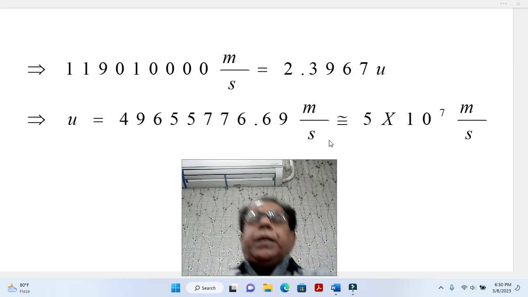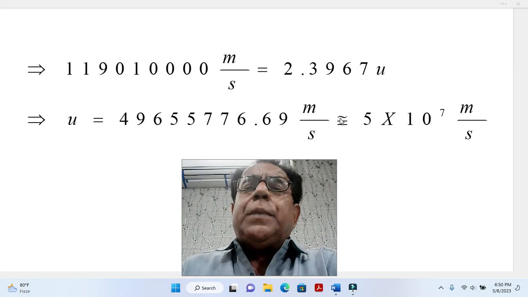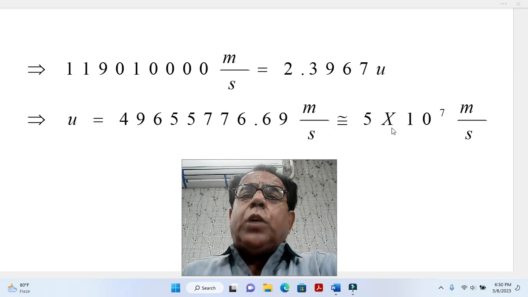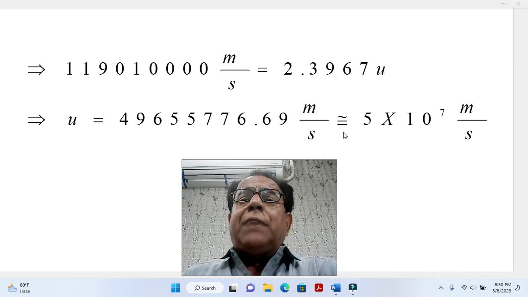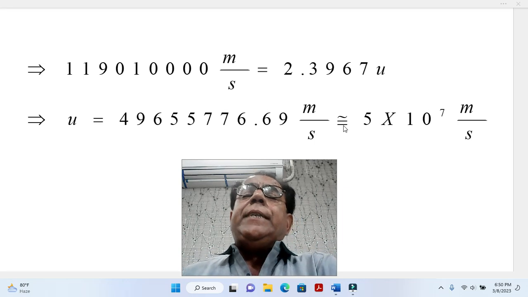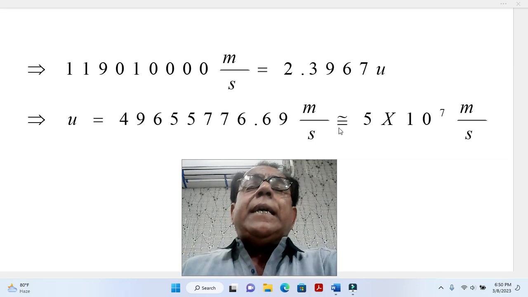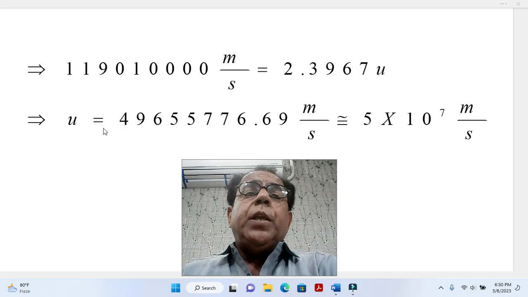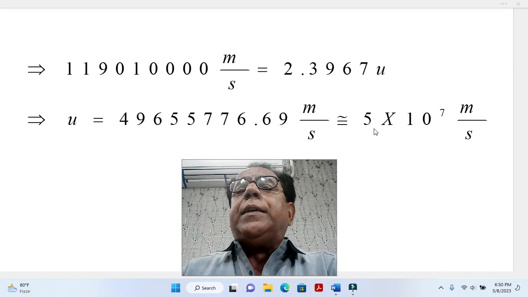I think this is the sign of equal and this is the sign of approximation. I am not very sure about the significance of this symbol, but I think it means that either this is equal to or this is approximately equal to. Both signs have been merged in one sign. One is the sign of equality and one is the sign of approximation, so it should be read as either it is equal to or it is approximately equal to. So u, which we had to find out, has become equal to 5 into 10 raised to the power 7